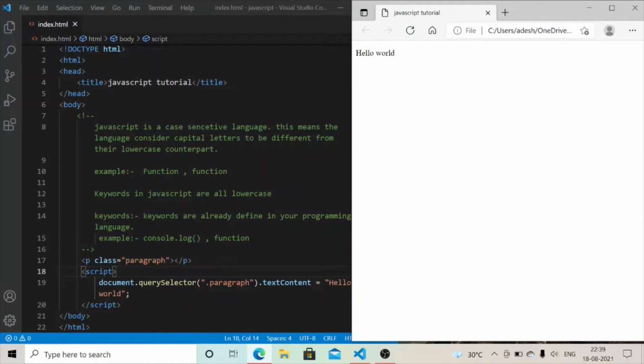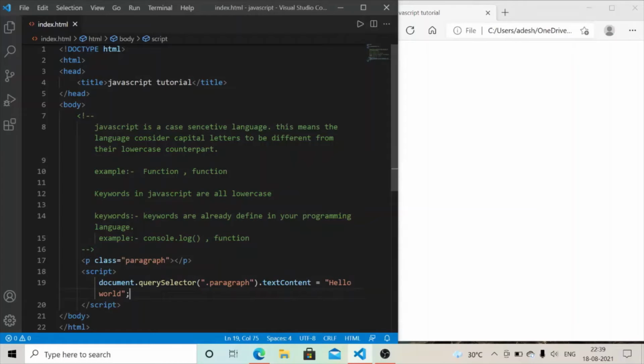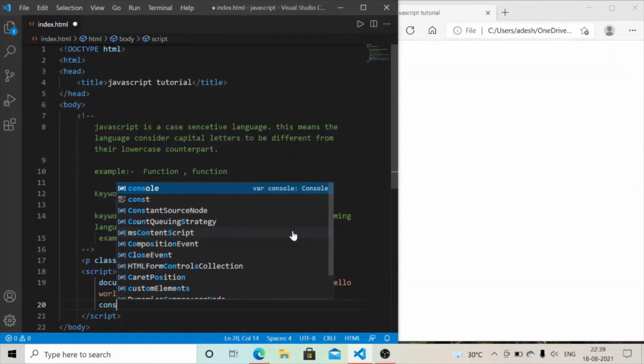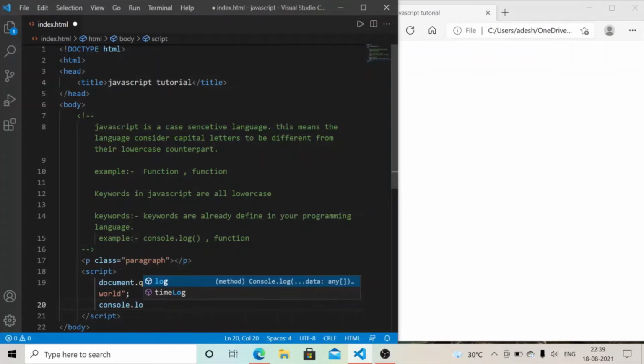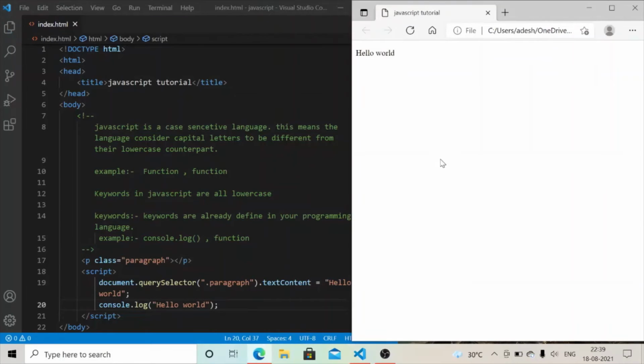So you can also print in your web console by console.log. For that you have to write console.log and give the double inverted comma and write hello world inside. Now save this file and refresh your page.